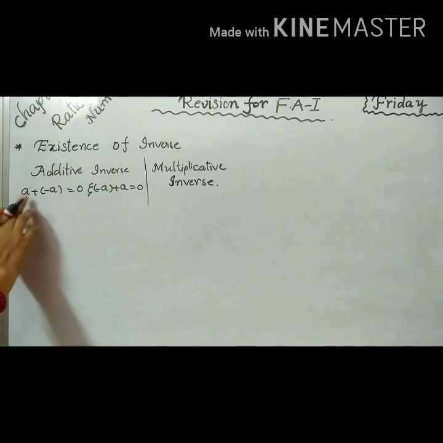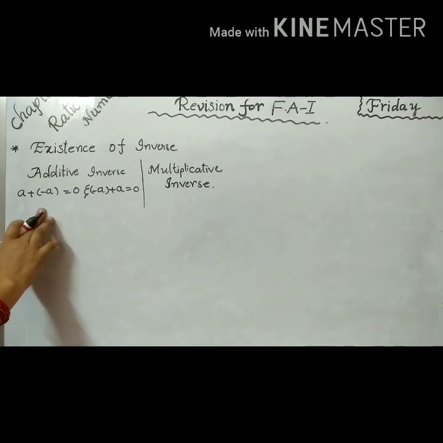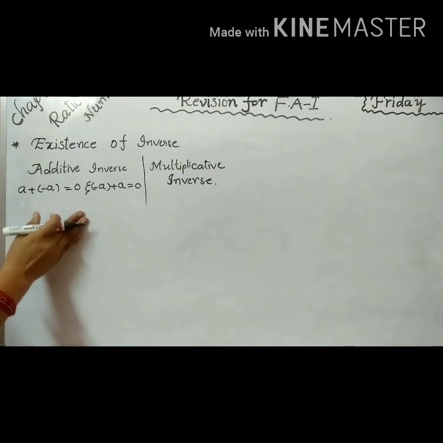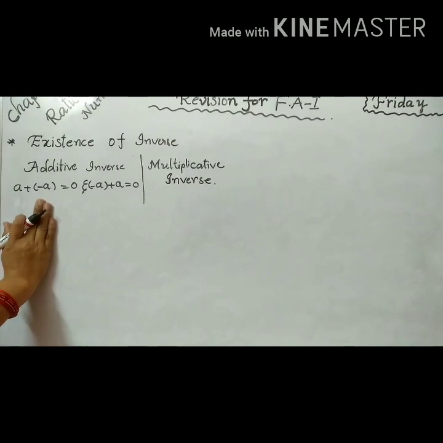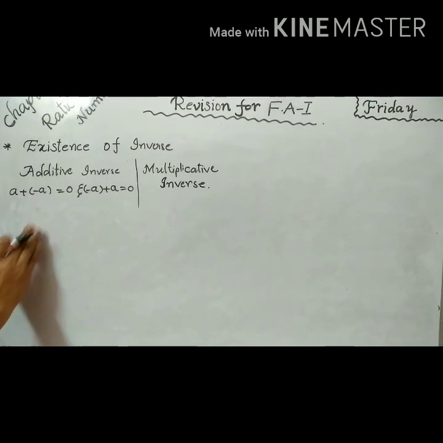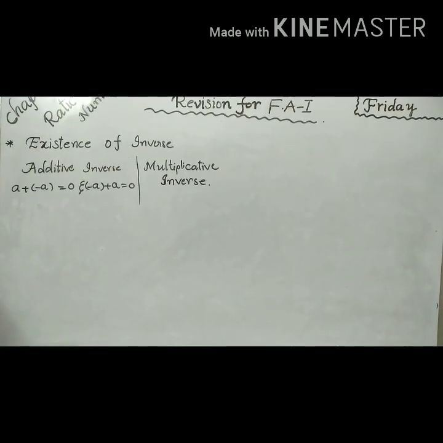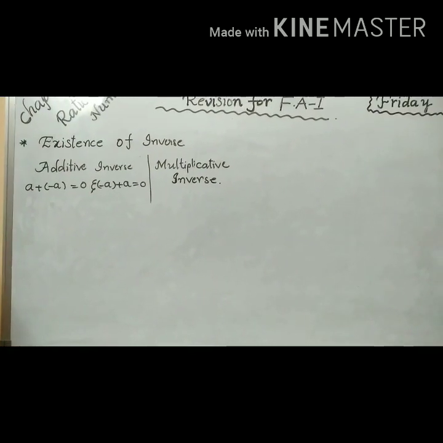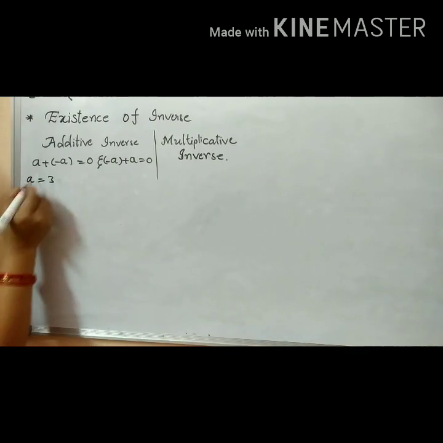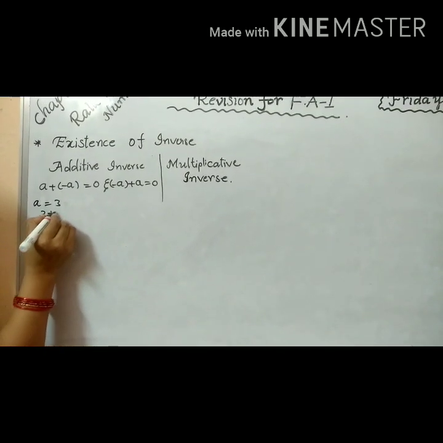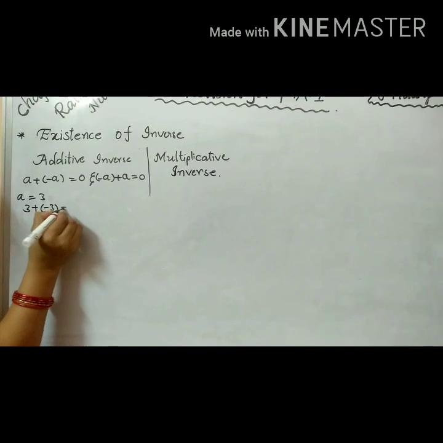In this case A and minus A are additive inverses of each other. One example: A equal to 3. Here 3 plus minus 3 equals